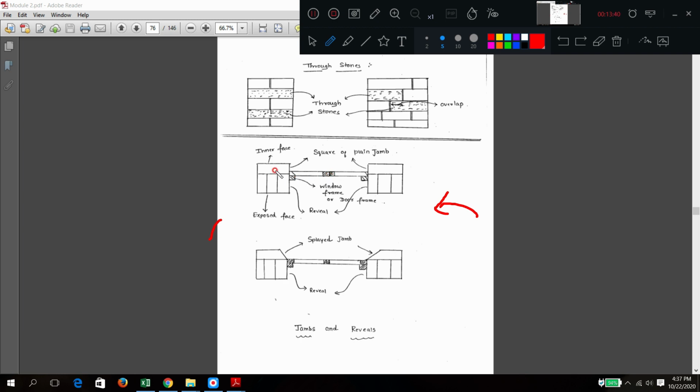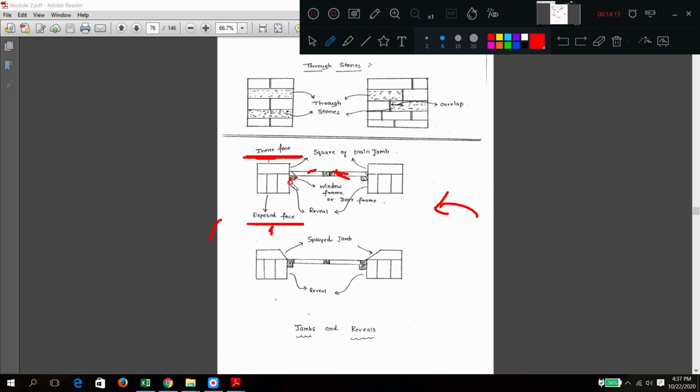So you should understand this one. Okay, so this is a pillar or wall, this is also a pillar or wall, and in between this will come the window frame or door frame. This side is the exposed face, this side is the inner face. Okay, now any doubt? No, nothing. So after fitting this window frame, here you can see the hatched portion, it is the frame. This is the panel of that one, glass panel, wood panel, these are the panels. Okay, try to imagine the things.